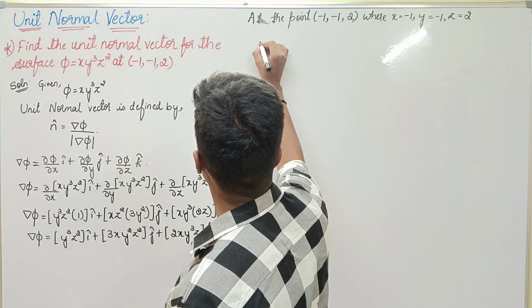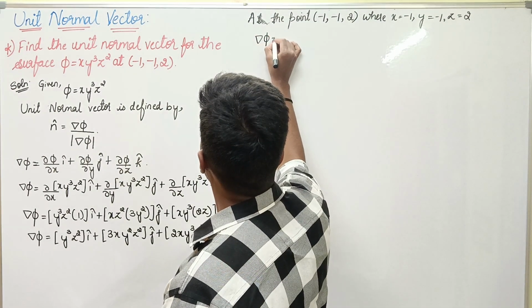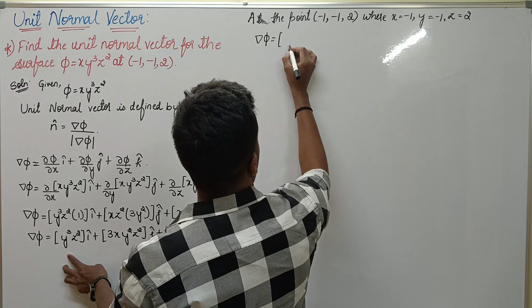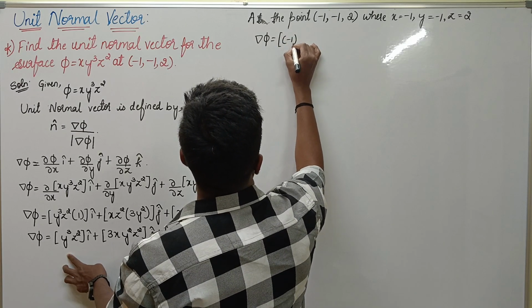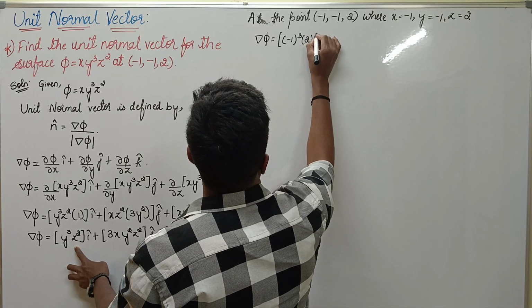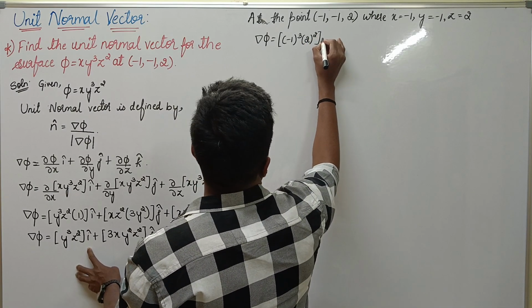Now let us simplify. Gradient phi, which is equal to, we have y cube. Y cube means -1 whole cube. Next we have z square. What is z? 2 square into i cap